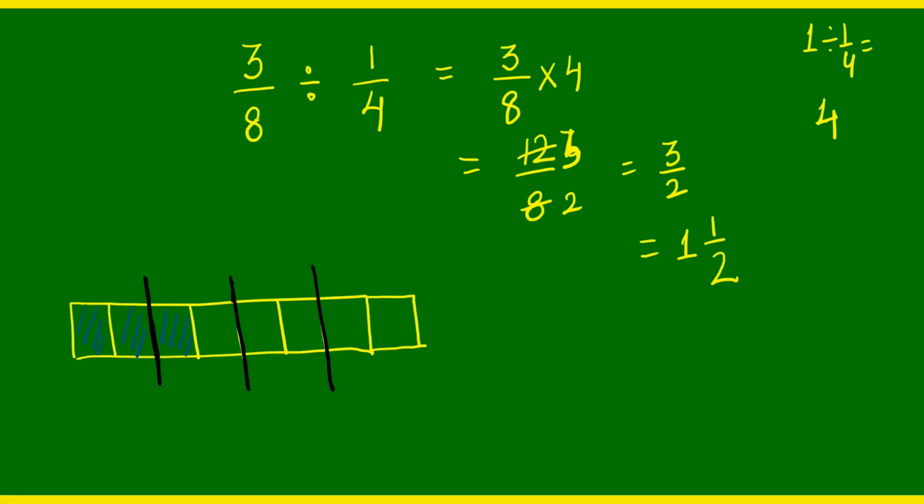Now how much of 1/4 is coming in 3/8? 3/8 is just the blue shaded parts. We can see one full 1/4 which is made up of 2 parts. This 1/4 is entirely coming in the region, and one is coming 1 out of 2. That means half. Out of the 2 parts, only 1 part is coming. So that justifies the answer 1 and 1/2, which we got by unitary method.